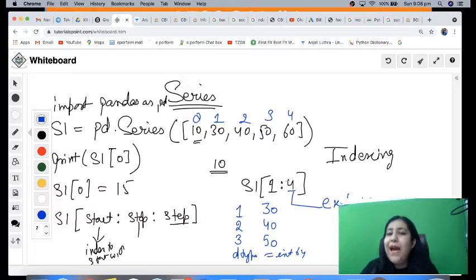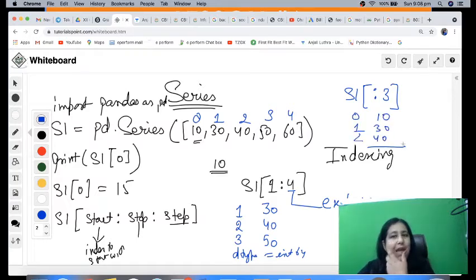Now if I miss a value, like I just write :3, I have missed the start position and I have given the ending one, because the one before the colon is missing, that means the start is missing. Here I didn't give the third one, the step was missing, which is by default 1. So here start is by default 0. You will be getting 0, 10, 130, 240, and then the dtype. So it won't fetch the index 3. It will stop 1 before.